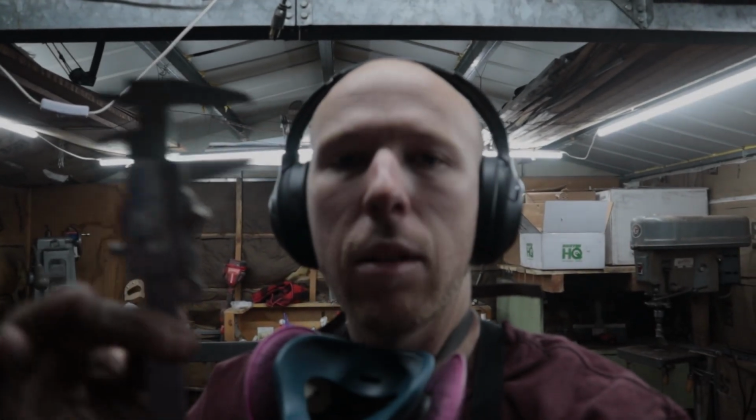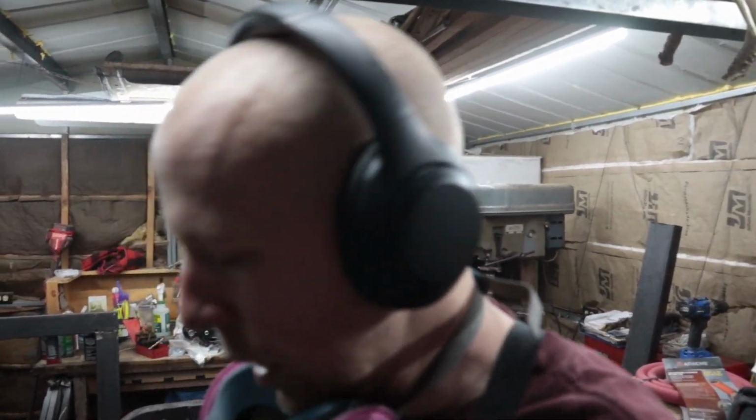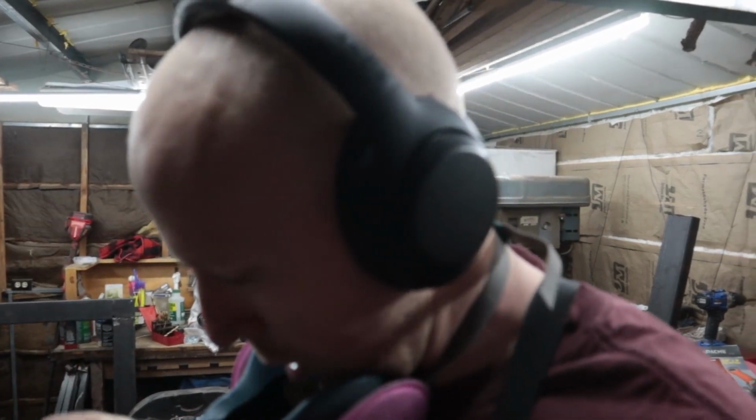So once you get that mill scale ground off, you're going to want to take some calipers. Well, at least in my case, I needed 22 inch plates, but they only had 24 inch. So what I'm doing is I'm taking my calipers down to 1 inch thickness, and I'm going to come in from the